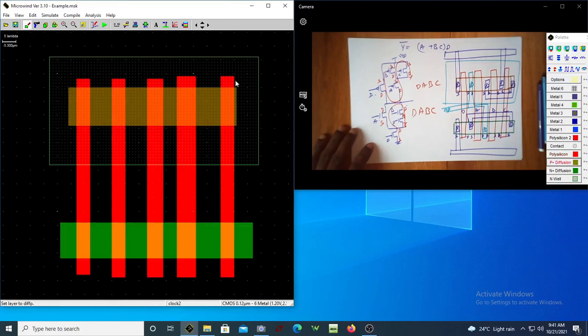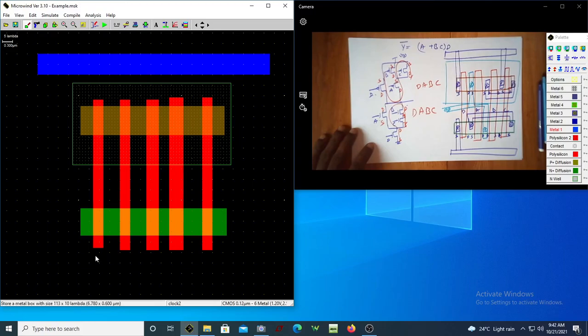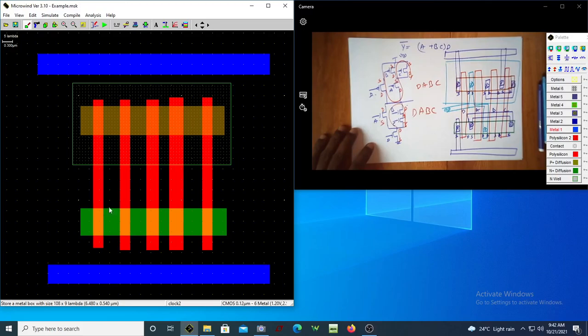Let me slightly extend this. Let me extend this also. And let me have a metal running here for VDD, VSS, and there should be a metal here for this, and there is one metal going from